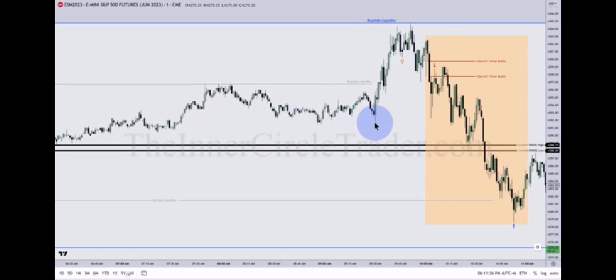Relative equal lows and liquidity. And if you want to be overzealous, you can aim for the weekly gap low. I personally wouldn't have, but for the sake of argument, you could have. Now, if you're trading the ICT Silver Bullet, which is the model that I've taught you for 2023 for the YouTube ICT mentorship, we have a shift in market structure that's much more pronounced.